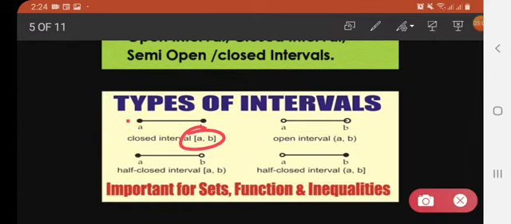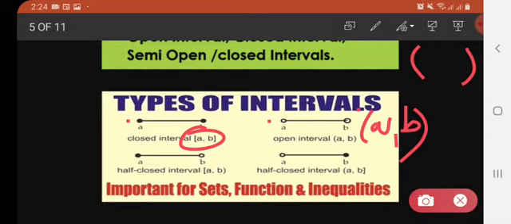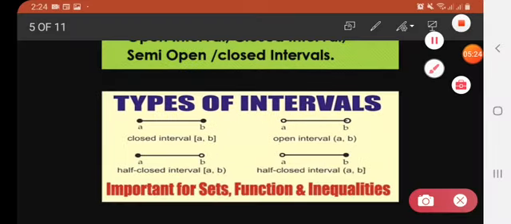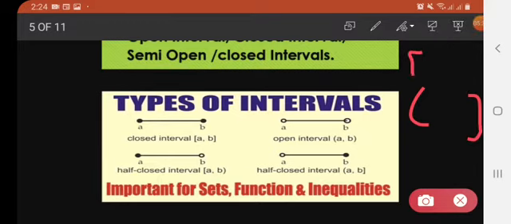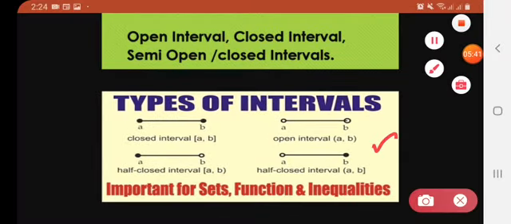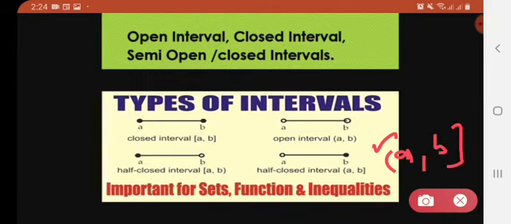Look at this, both a and b are empty. It means this is an open interval at both ends, a and b both ends, so it would be (a, b). Basically, the small bracket is used for an open interval, and the square bracket is used for a closed interval, and this mixed form is used for a semi-open, semi-closed interval, right? Okay, look at this, it is open at a and closed at b, so it would be (a, b], like this. Very simple.